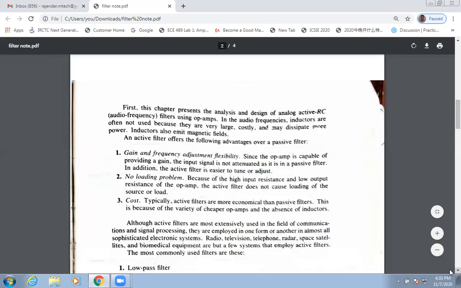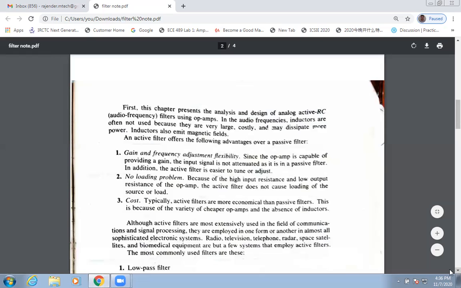Although active filters are most extensively used in the field of communication and signal processing, they are employed in one form or another in almost all these sophisticated electronic systems. Radio, televisions, telephone, radar, space satellites, and bioequipments are a few systems that employ active filters. Or we can say in almost all the current electronic systems, we use active filters instead of passive filters because of the above three